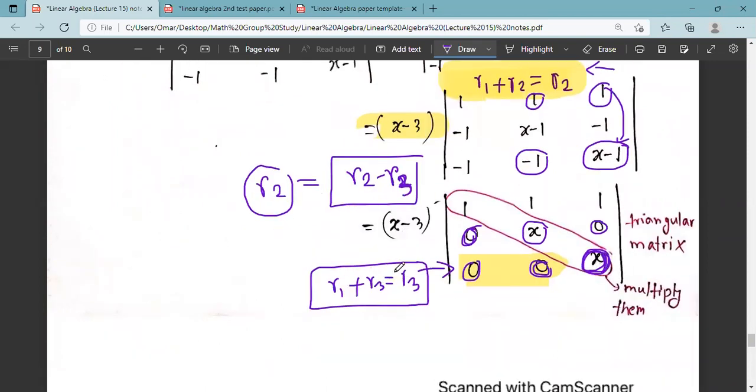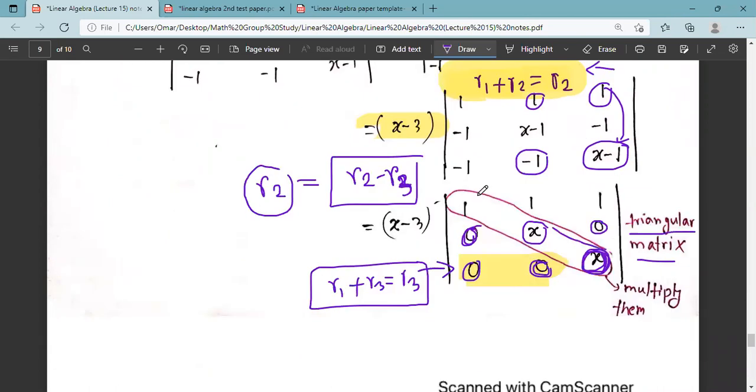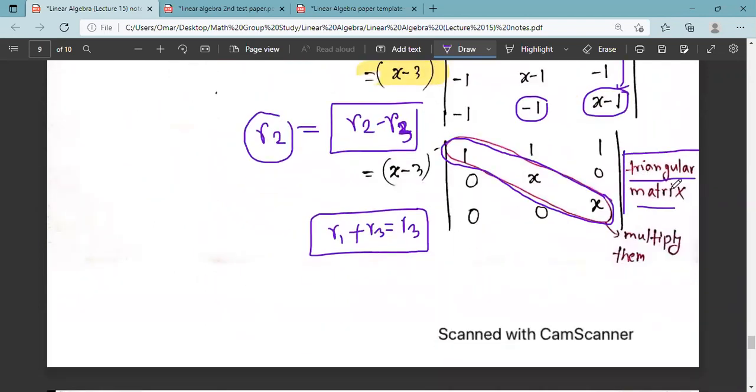So if you do these two row operations, you can get a triangular matrix, a lower triangular matrix. For a lower triangular matrix, the determinant will be the multiplication of the entries in the main diagonal, as I have marked here. Guys, can you see? The multiplication of the entries in the main diagonal will be the determinant of this particular matrix, because we have got a lower triangular matrix here. This is the main diagonal, and all the entries below this main diagonal are 0. That means it's a lower triangular matrix. So that's why